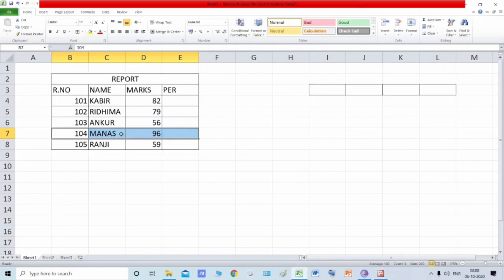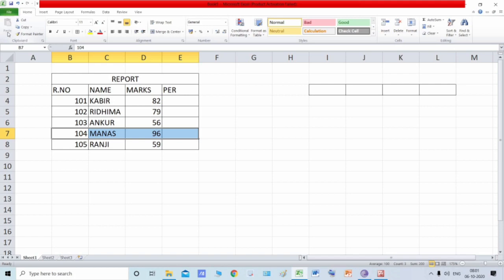So when we click on copy, this data gets copied to the clipboard, a location in the computer's memory. When we paste it, it doesn't get removed, but when we copy some other data, the old data will be removed from the clipboard.